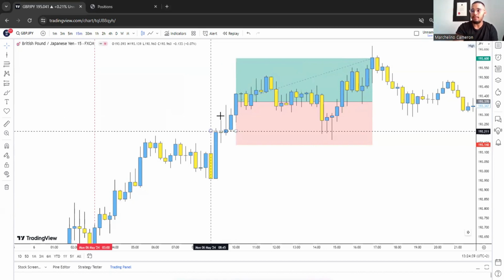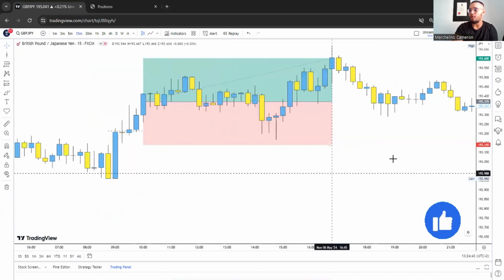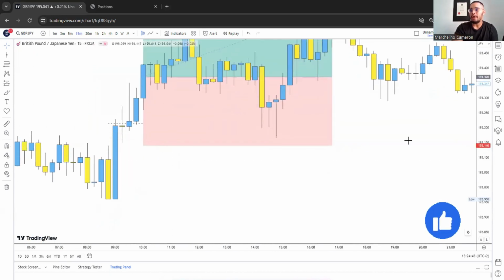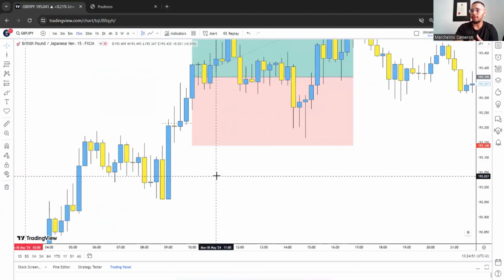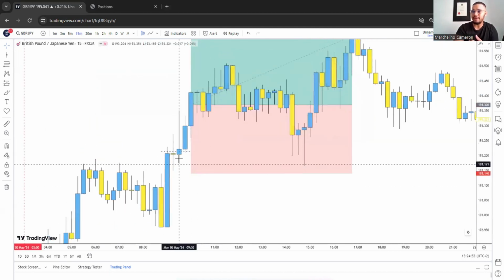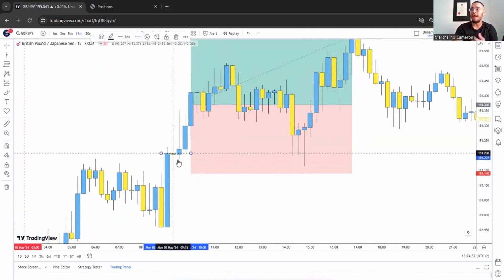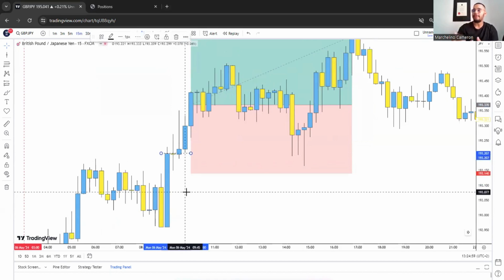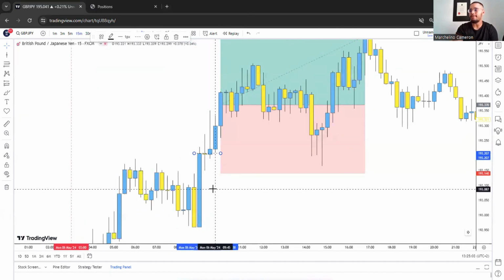However, price action pushed up first and then pushed down, and as you can see, it actually closed doji. It closed as a doji, but it was a yellow candle, meaning it was bearish. What you can see is that the next candle right here closed above these 15-minute levels that it created. And that's when I started anticipating buys. Now, where did I anticipate buys? I anticipated buys above these 15-minute levels, which is at